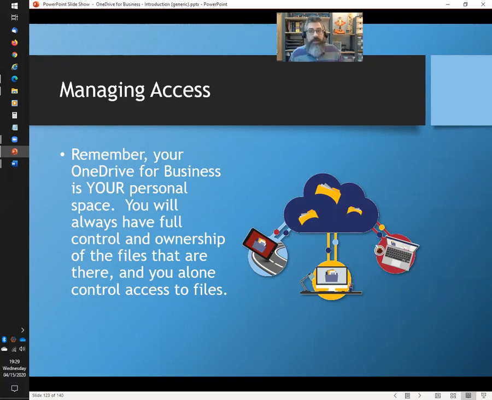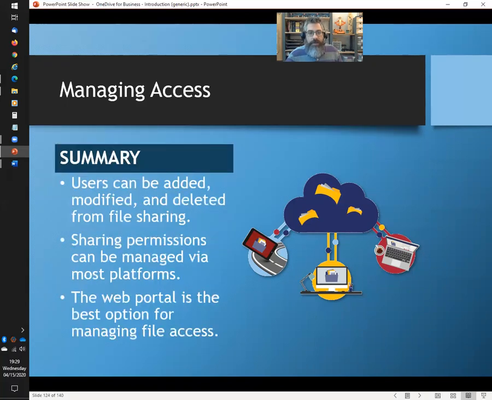Okay, nobody else can share things that are on your OneDrive. All they can do is make a copy of it, and then you've got a copy, and that's not the same. Okay. So to summarize managing access, we'll go into more detail in the intermediate course, but just to make